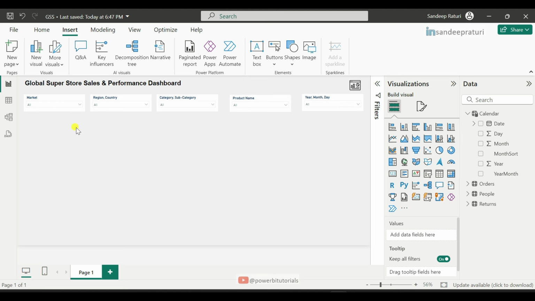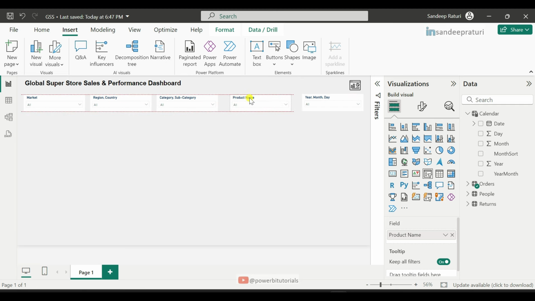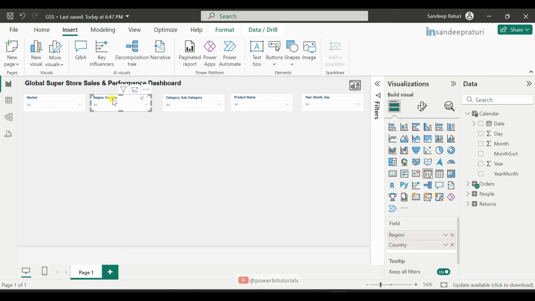Now we will maintain the same space between all slicer. Just imagine the gap between all slicer and try to fix same space between all slicer. You can select the slicer and move the slicer here and there like this, and also you can use backward and forward arrow keys from your keyboard to move the slicer here and there like this, and try to fix the space between all slicer. Like this,